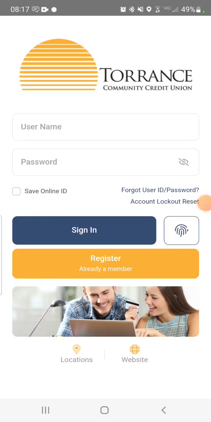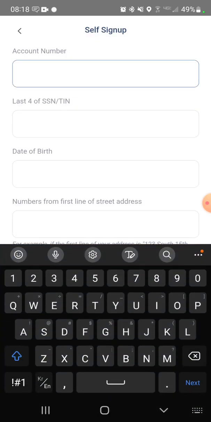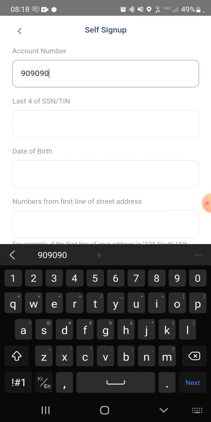Hi, this is Penny, and I'm going to show you registration on the TCCU mobile app for Android, which you'll find in the Play Store under Torrance CCU. Once you have the app open, tap the register button beneath the sign-in and input your account number, the last four of your social, and